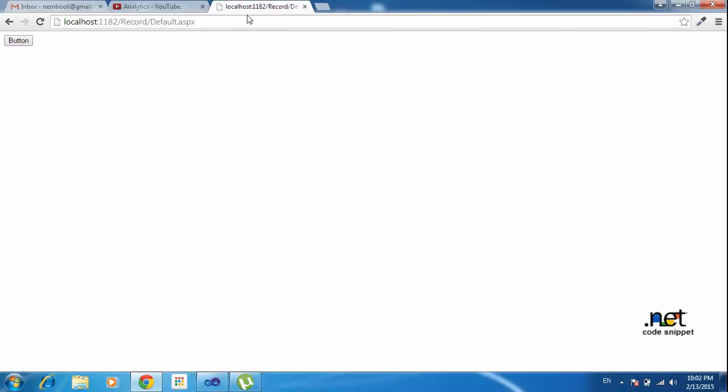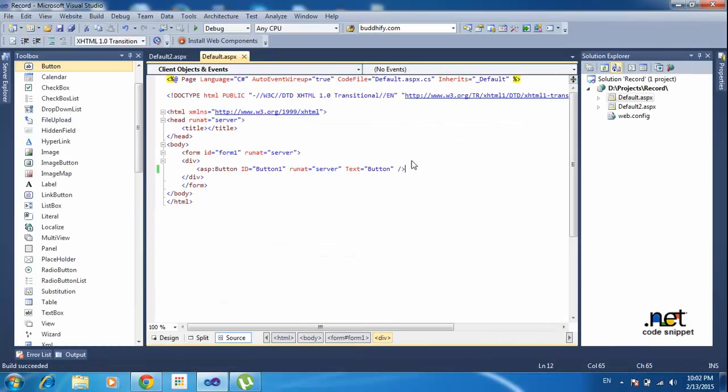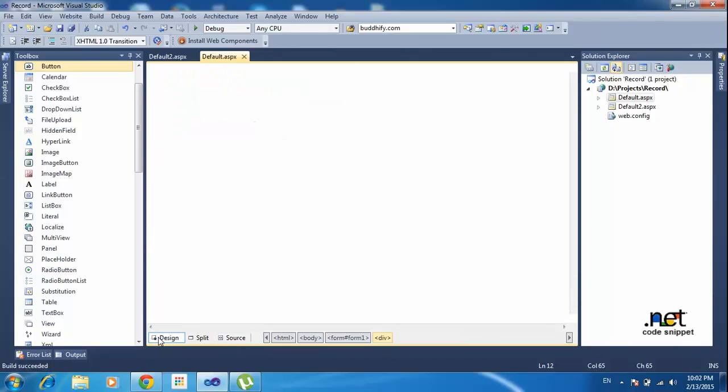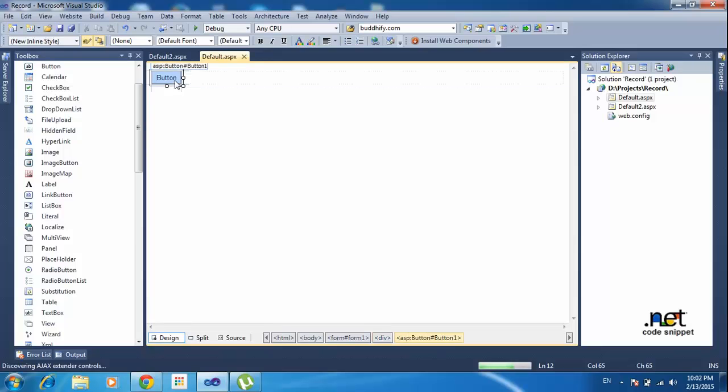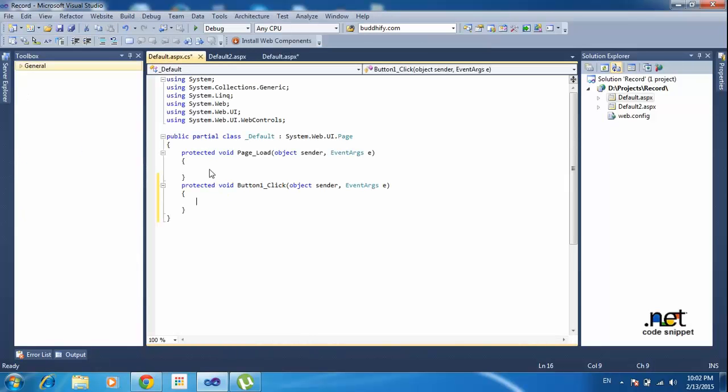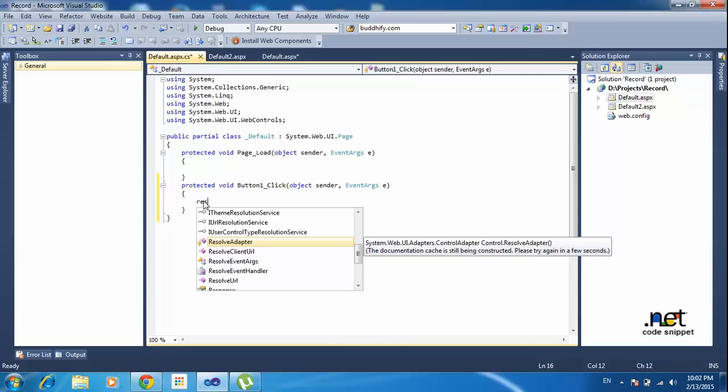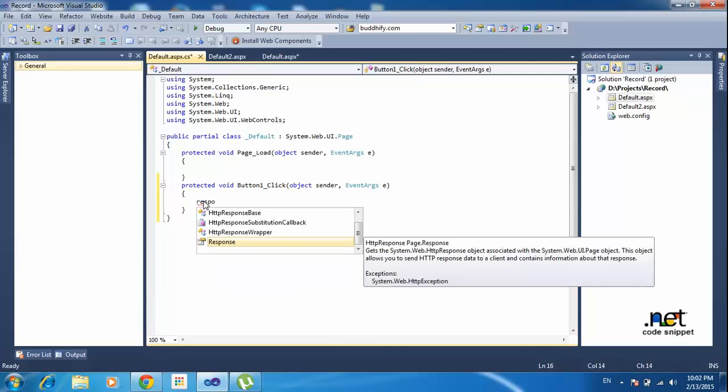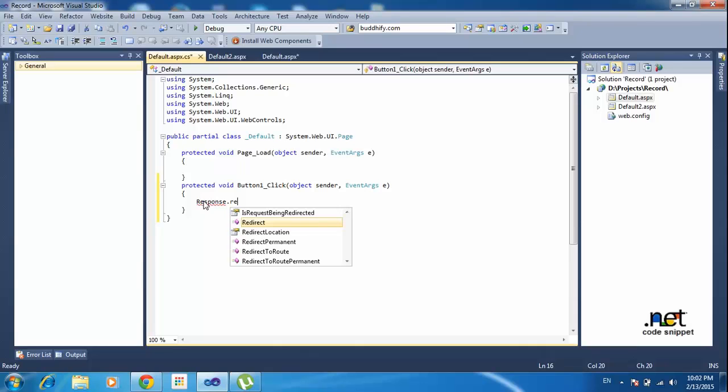I need to reload page 2, that means default 2. So double click this button here. I need to create an element like a click event. Double click this button, so it will come through the coding section. Here I am writing response dot redirect to